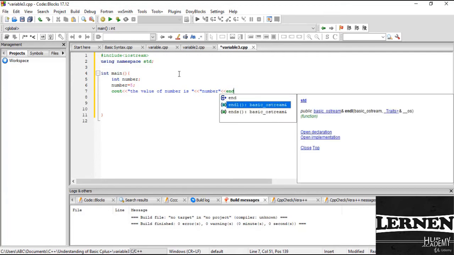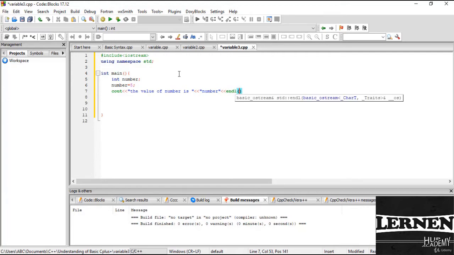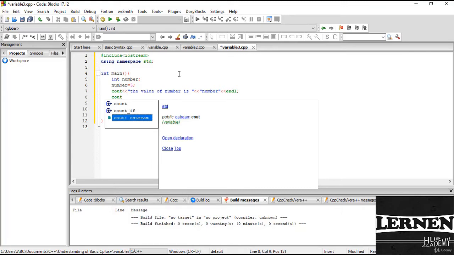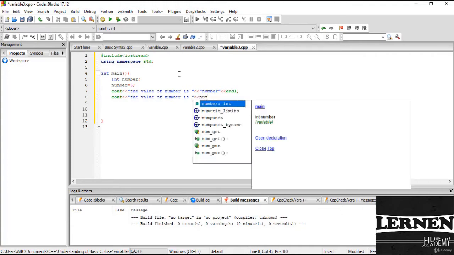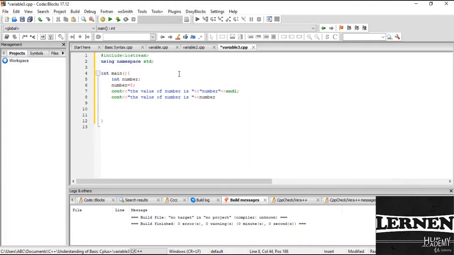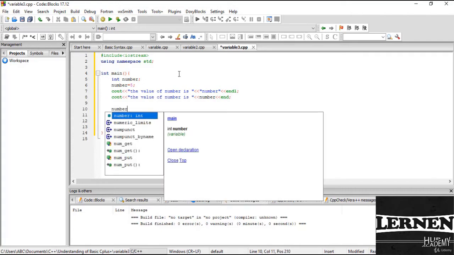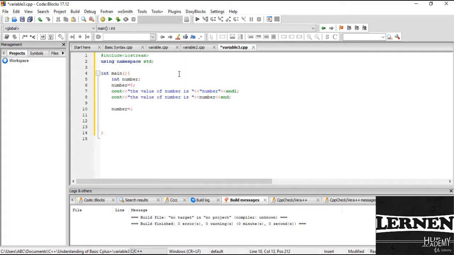So this is also the basic operation to end the line here. And now cout, which is I write the value of number is, and here I print the number. So this is the number which is the int I created with my variable here. Okay, so endl ends this line here, and number which is equal to